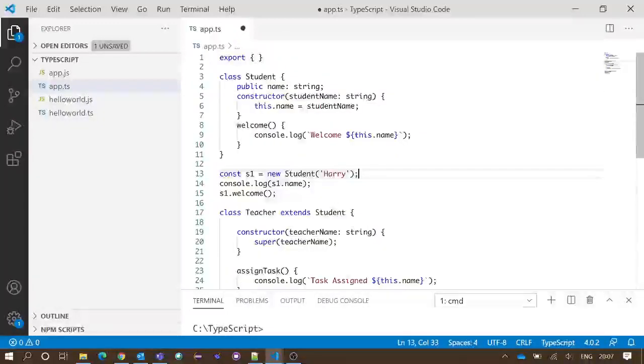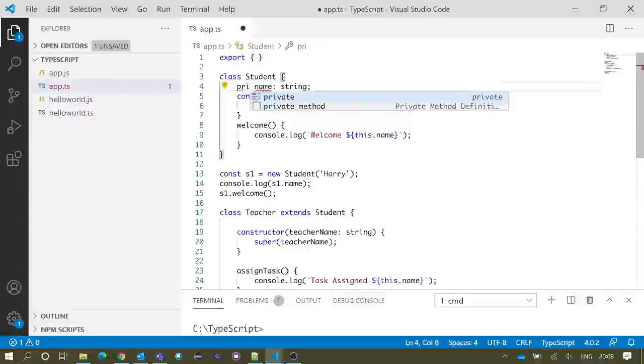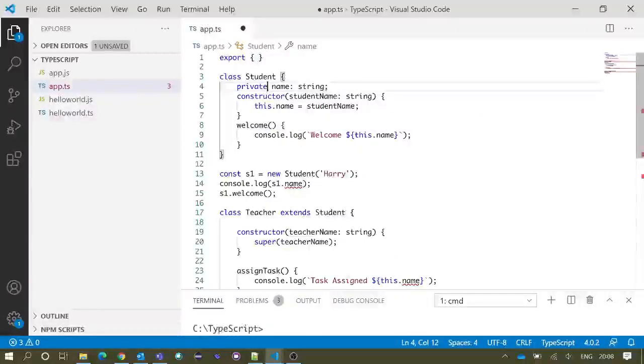The next one is private. If you are declaring a member as private, that particular member will be accessible only inside that class. You cannot access any private member outside of that particular class. If I change this modifier from public to private, you can see immediately we got several errors